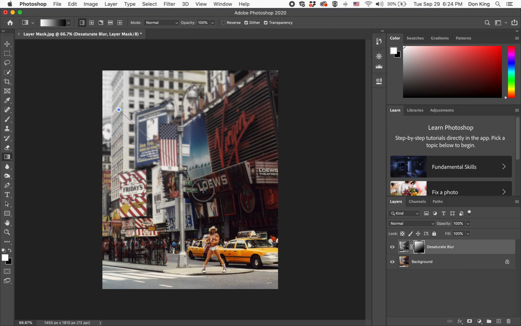Whatever direction you drag the tool, that's going to be the direction of the gradient, which you can see down here in the thumbnail. And the longer you drag it, the more subtle the gradient is going to be. The shorter you drag it, the more abrupt the gradient is going to be. So right now we're starting to get closer to the example I showed. However,